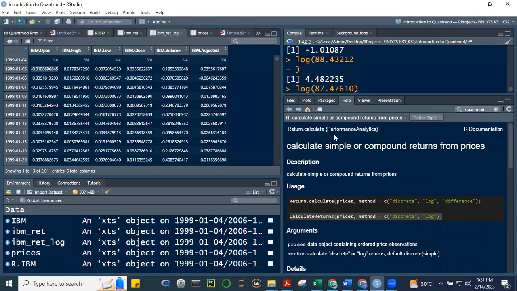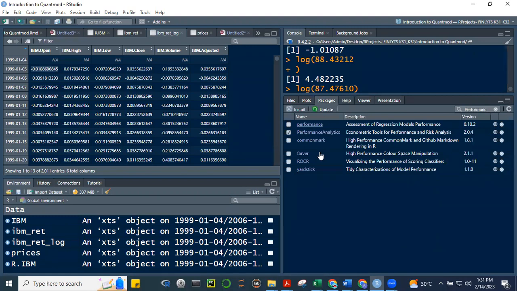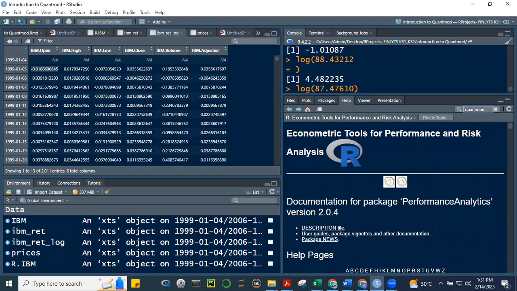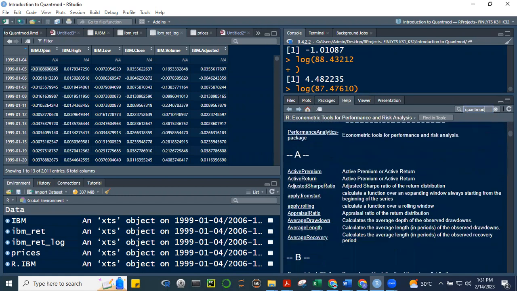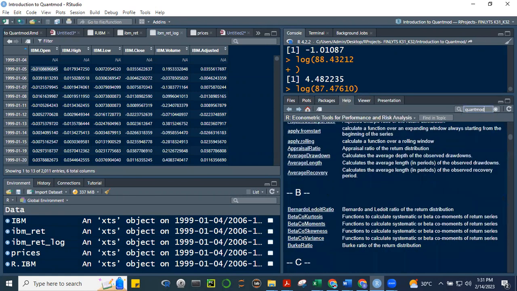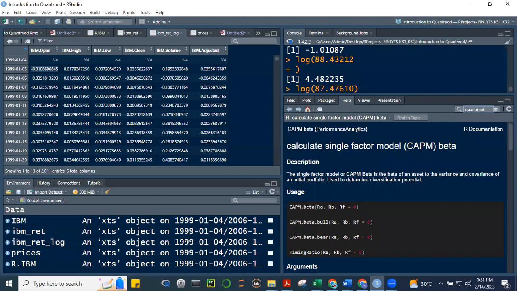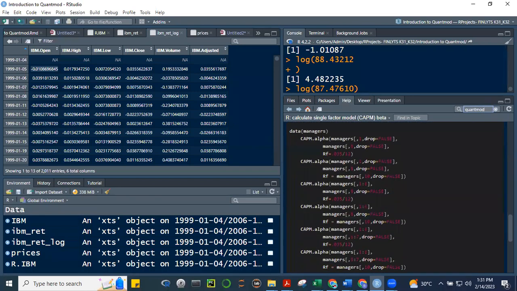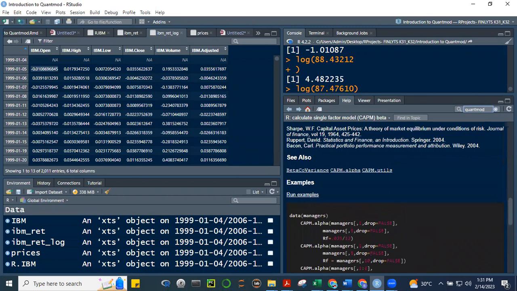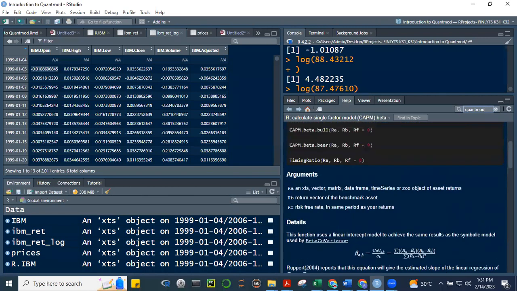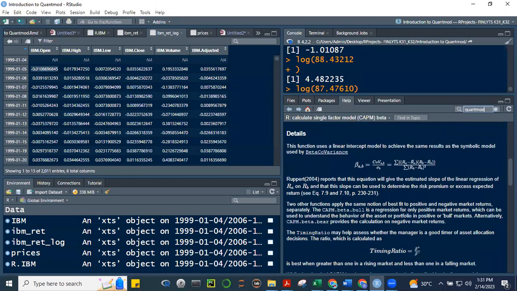Okay. Saan na tayo? Alright, so yung performance analytics, as I mentioned a while ago, maraming functionalities yan. Okay, ito may CAPM beta, no? Ito yung for a single factor. If I click this, it will be good class to explore yung functionalities ng mga to, no? But we're not going to look at this. Okay, but I just want you to be aware that